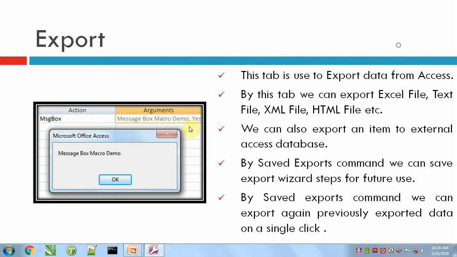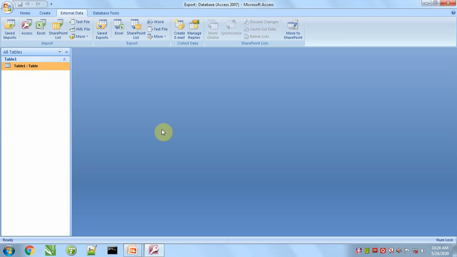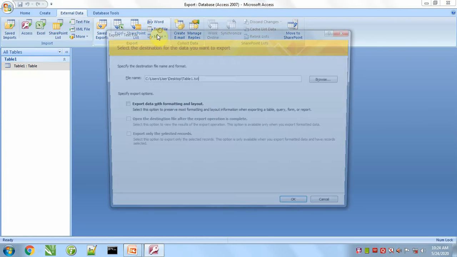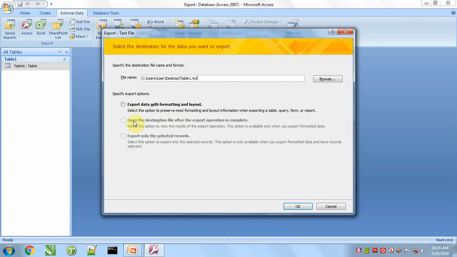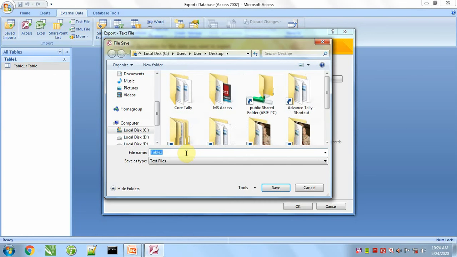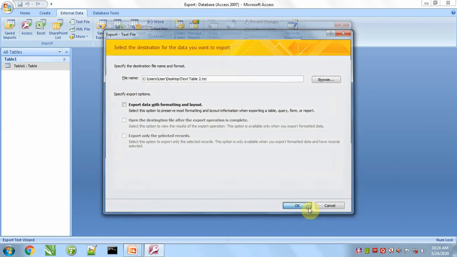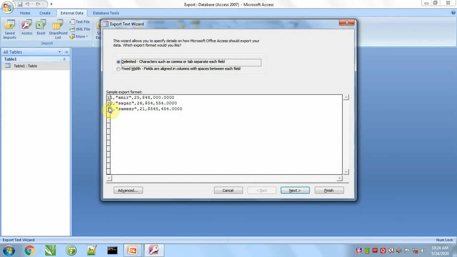But again, text file, if we keep this option unchecked, it will ask for a delimiter, means separator. Here the separator is comma.